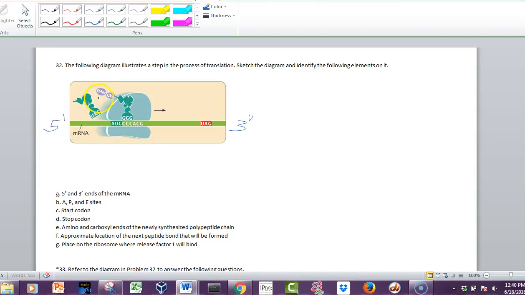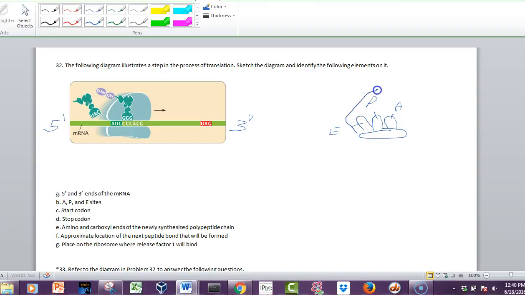You can see this is bacteria because it has an F-met to begin with, and it asks you to label these things. So 5' end is to the left, 3' end to the right. The A, P, and E sites, so whenever you draw a ribosome, you have a small subunit. I always draw it with just 2 sites because they're really the main ones. These are the P site and the A site, and that's where most of the action happens during translation. It turns out there's another site over here where, as each tRNA is leaving, it hangs out in the E site for a moment.